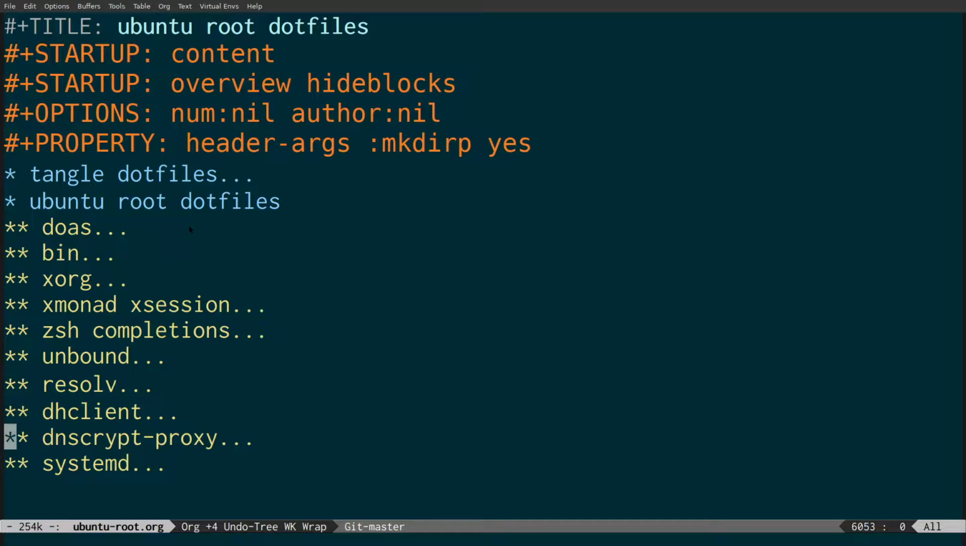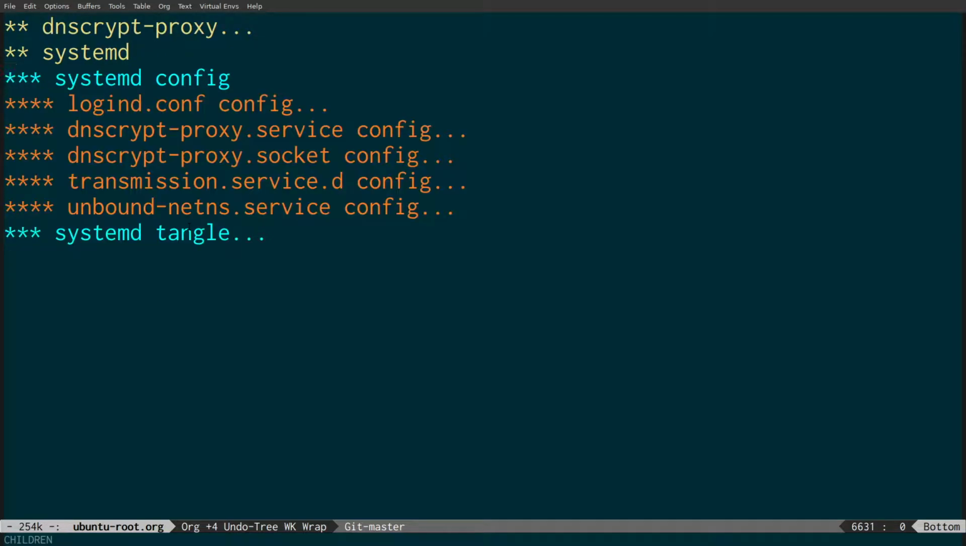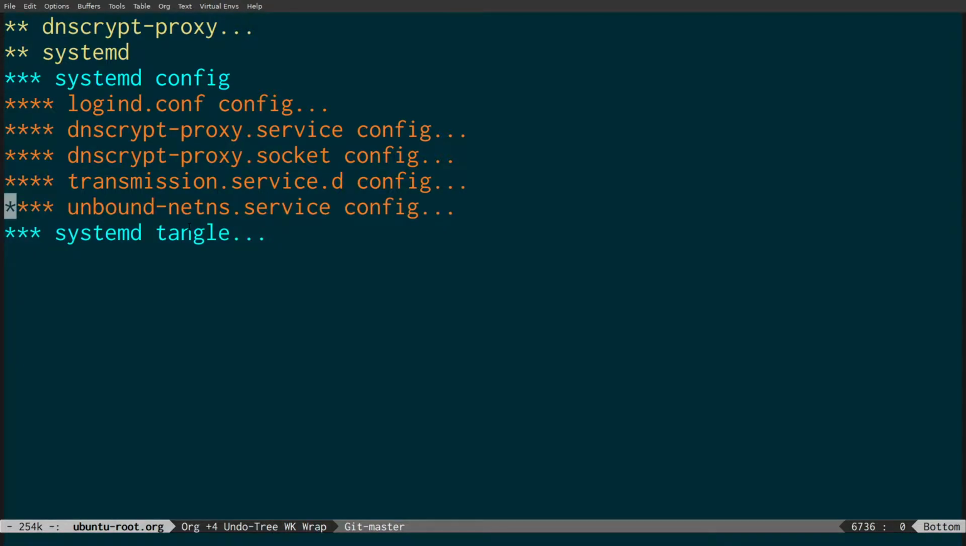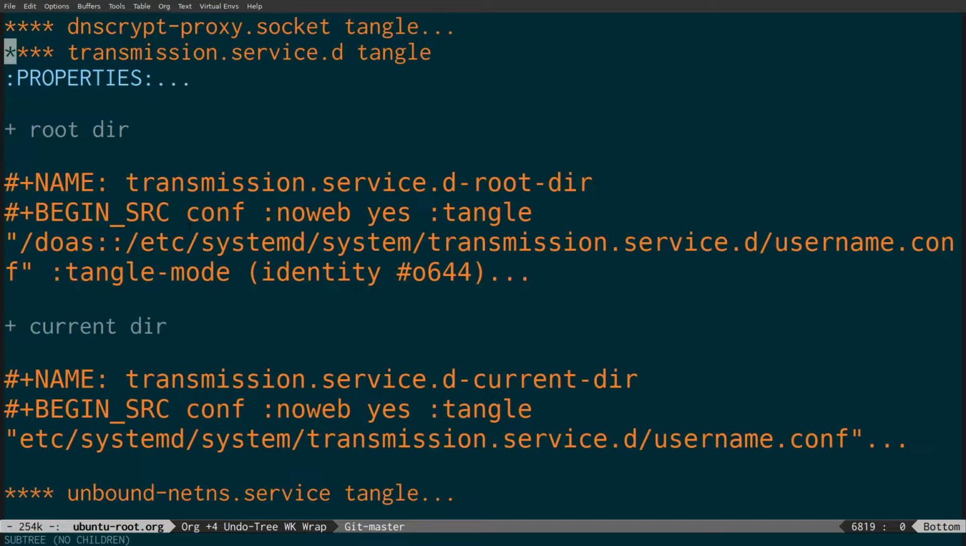So, like this would be all my systemd stuff. So, for instance, transmission. This is like running transmission under my sort of username. And then when I want to tangle it, again, I can either come across and manually do it, but I'm not going to come across and manually do all these code blocks. But if I'm working on a particular code block, I can just tangle that code block individually. And